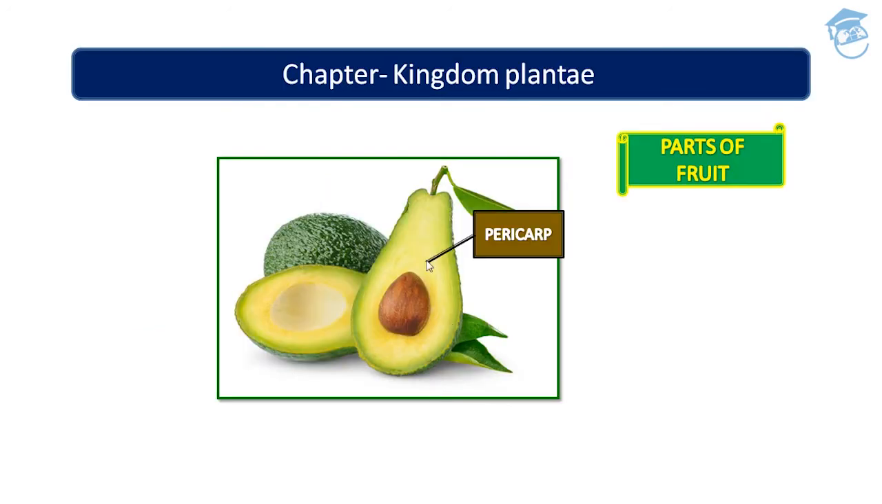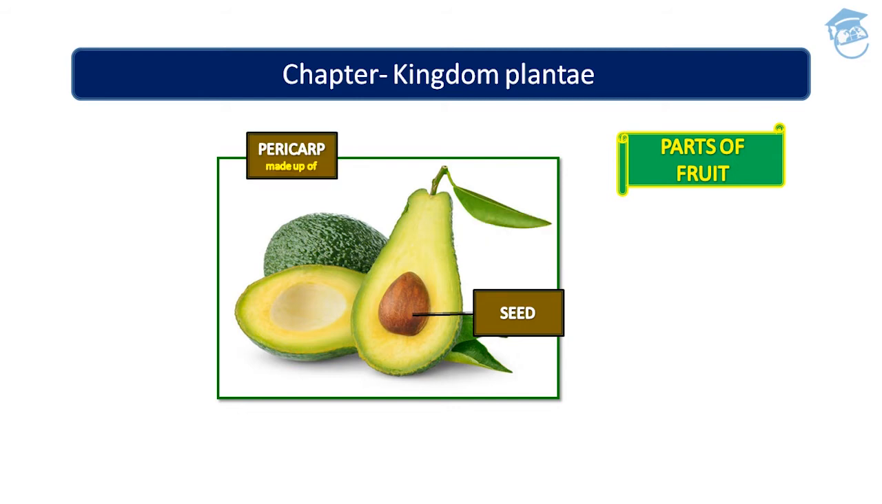Parts of fruit. One is pericarp and another is seed. So generally fruit consists of a whole or pericarp and seed. And this pericarp may be fleshy, it may be dry. When pericarp is thick and fleshy, it is differentiated into outer epicarp and mesocarp, which is the middle layer, and inner